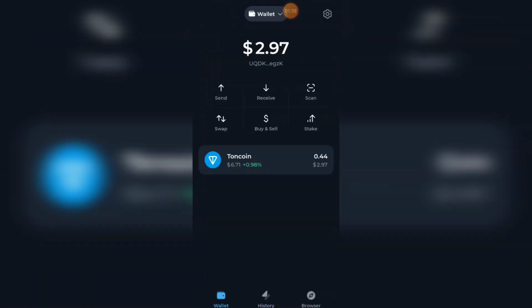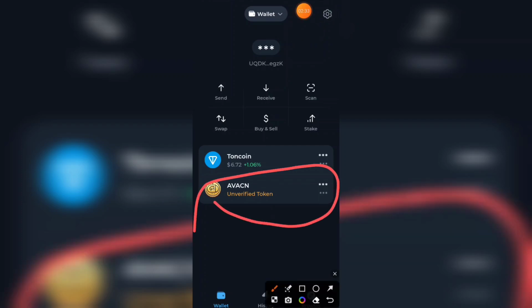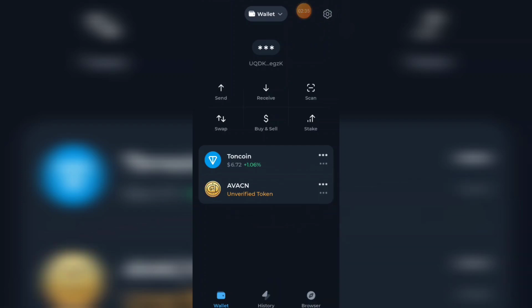Then you can just check back or just refresh for a few seconds. Okay, my balance has been deducted. So now after a few seconds, your Avacoin token is going to appear in your wallet. So you can see it here. So from there you can click on it to send it to the exchange where it was listed,